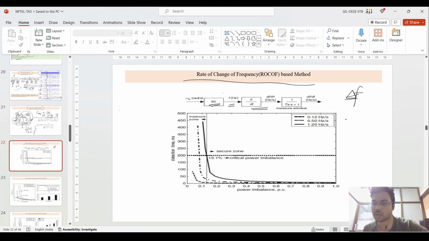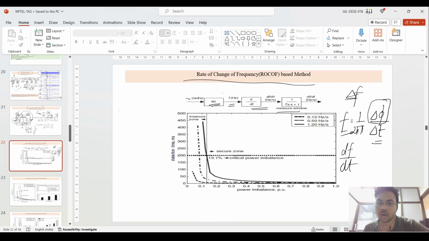How do you measure this rate of change of frequency? In the previous sessions I have told that you should take del F, the frequency change, or you can also take the frequency equal to 1 upon 2 pi del phi by del t. In a certain time duration, you take the phase difference between the voltage and current and divide it by 2 pi, and you get the frequency. After that, you can check df by dt. You also have a certain measurement window, after which you should measure df by dt. Suppose there are certain zones, above which df by dt is greater than a certain threshold